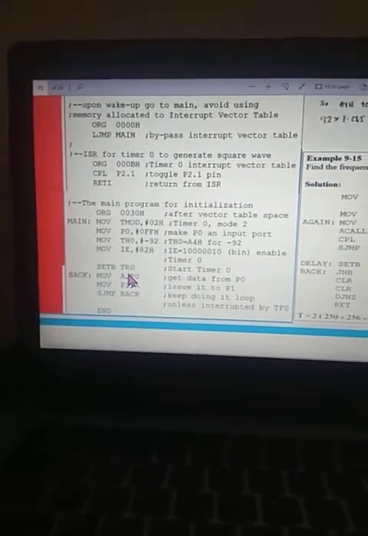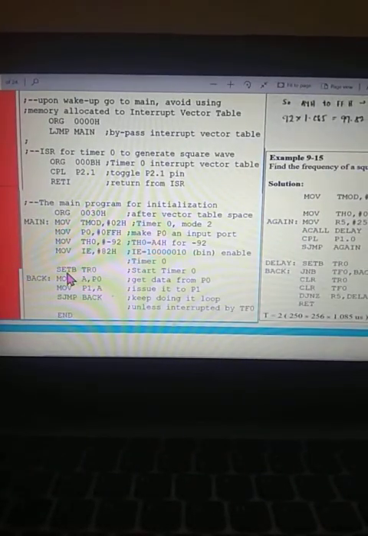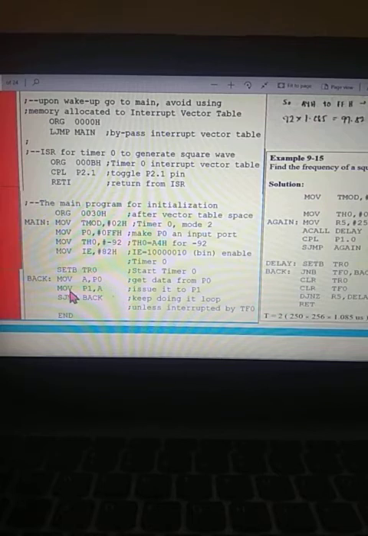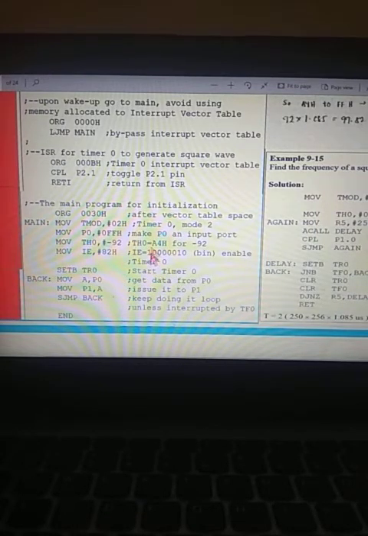But here, once you start with SETB TR0, you move on to certain other activity. What is your activity? MOV A, P0. Get data from P0, as we have already set port 0 as an input port. Whatever data we send to the input port will transfer to the accumulator, and from the accumulator it moves to port 1. So one of our main tasks is accomplished: P0 to A to P1.